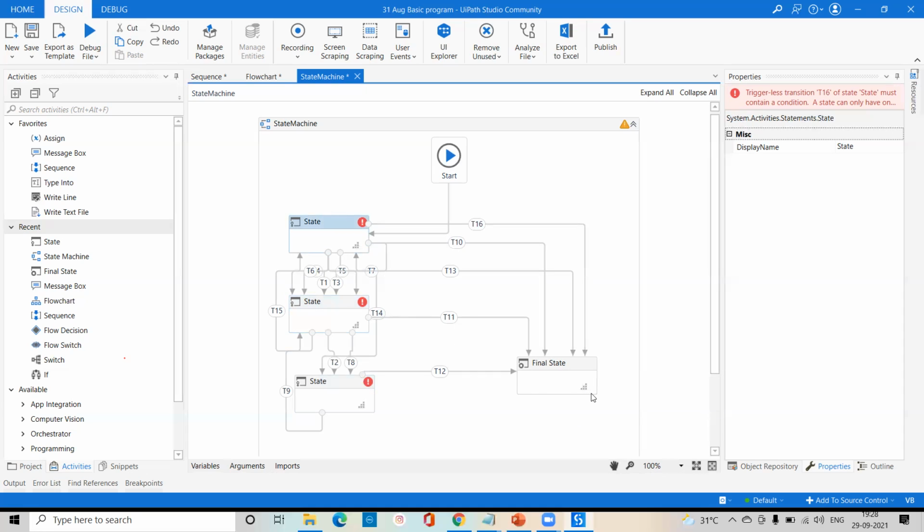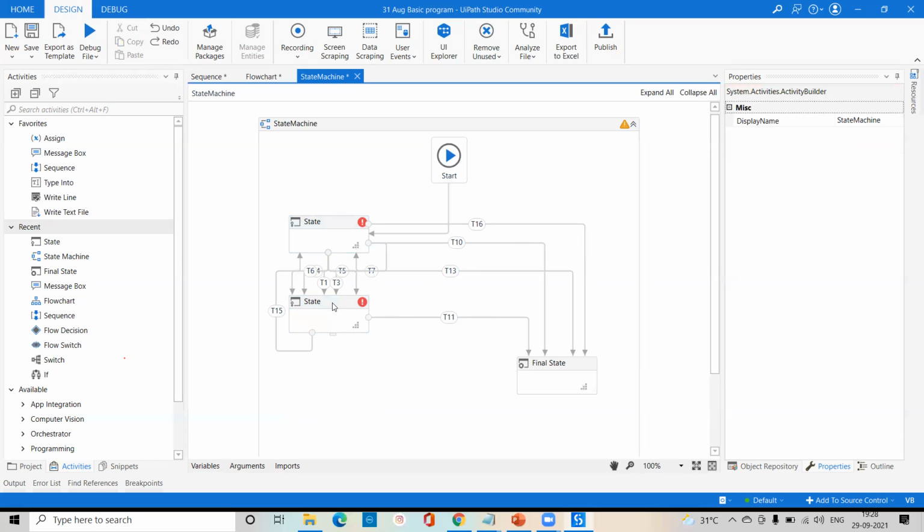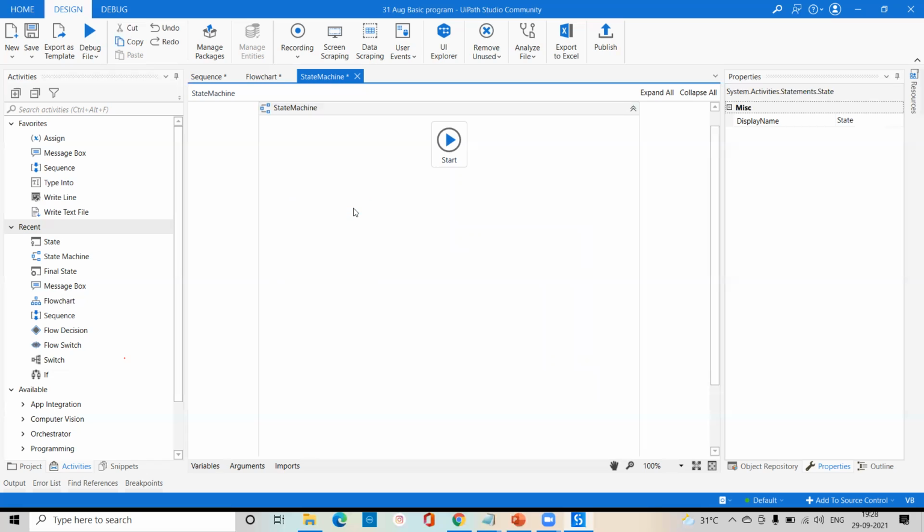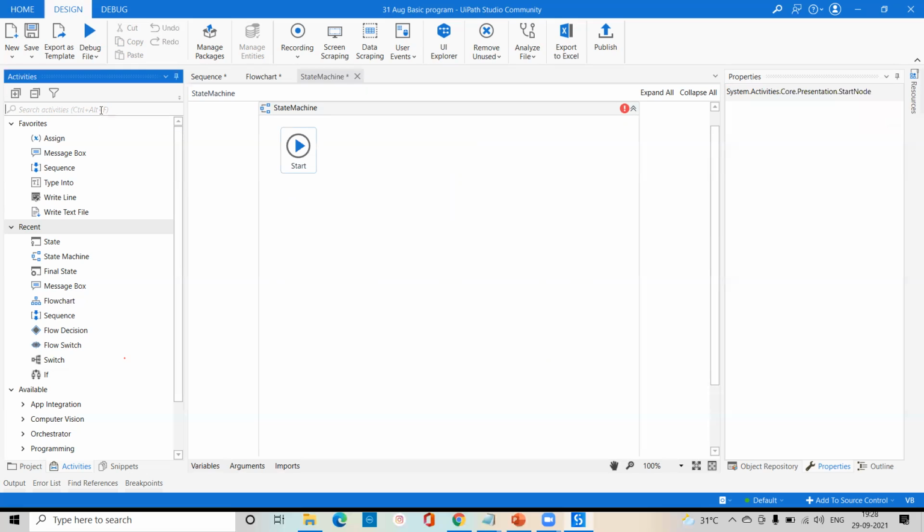Okay, so especially for your knowledge I put it this way, but right now I'm going to delete this state and I can show you all the things one by one. So right now I'm going to create this final state. Again, you can take and again we'll try to go for that. So right now state is also not fixed, you can keep it anywhere. So right now I'm going to take the simple one state.